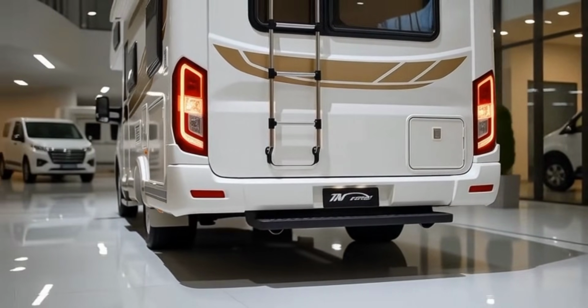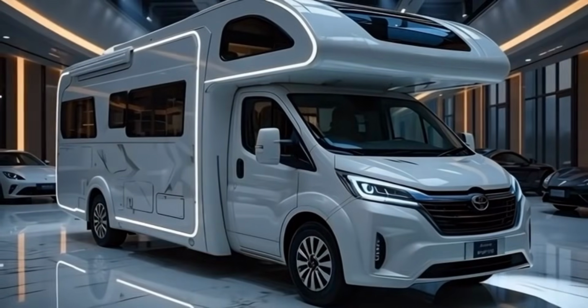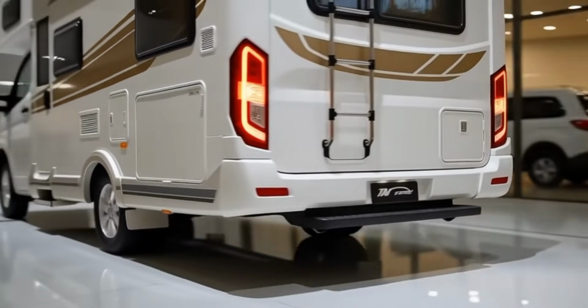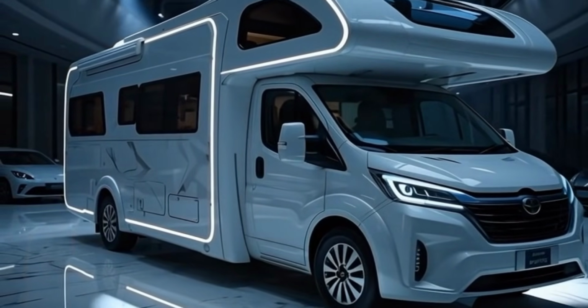And just when you think this is just a comfortable camper, wait until you see the tech Toyota has packed inside. It might make your house feel outdated. Toyota has packed the 2026 Camper Motorhome with technology designed